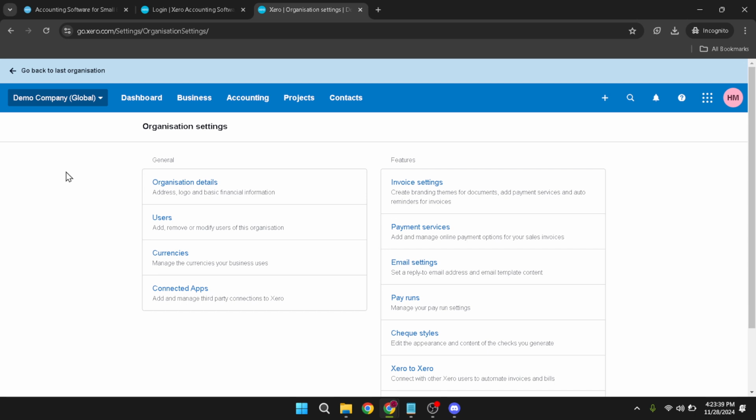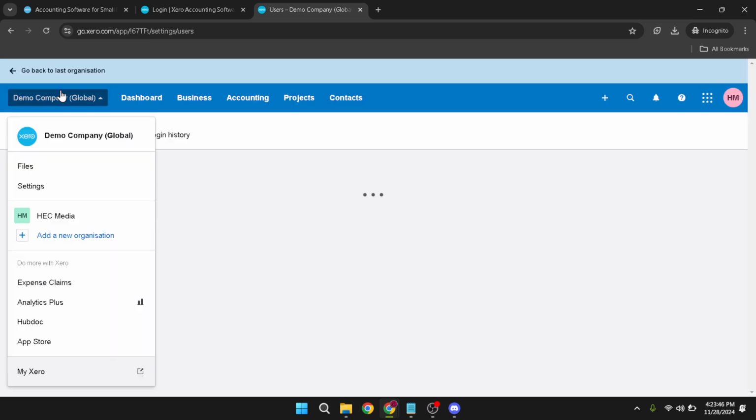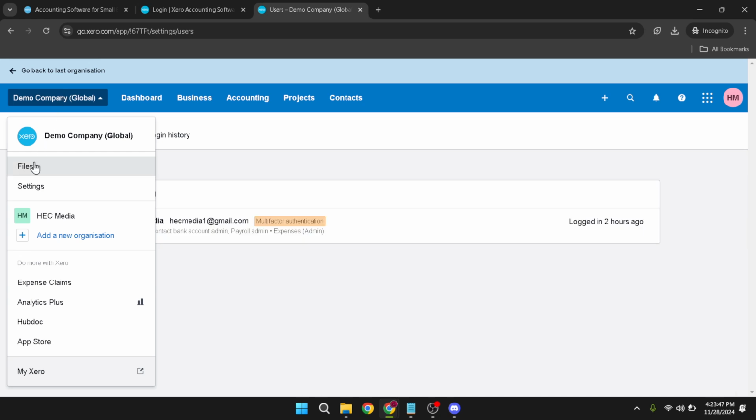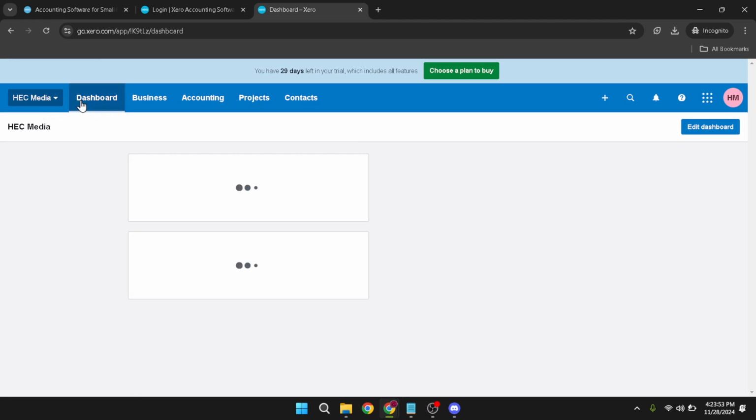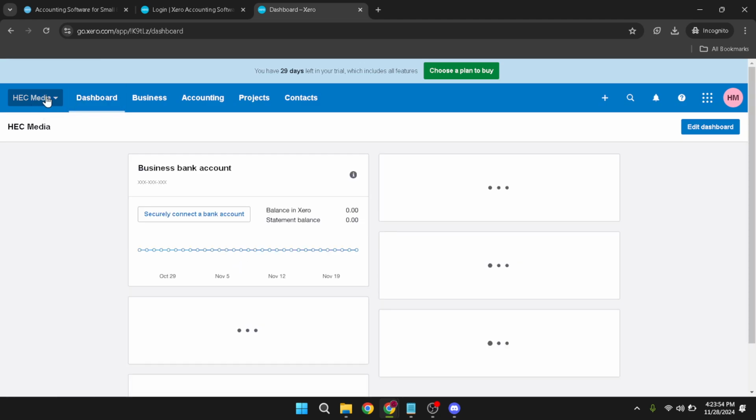To add a new user, you'll want to click on Invite a User. This action opens up a world of possibilities for collaboration within your organization, and it's the step that truly kickstarts the invitation process. When inviting a new user, you'll be asked to enter some personal details about the individual. This step is crucial for security and identification purposes, allowing Xero and yourself to know exactly who has access to your financial data.